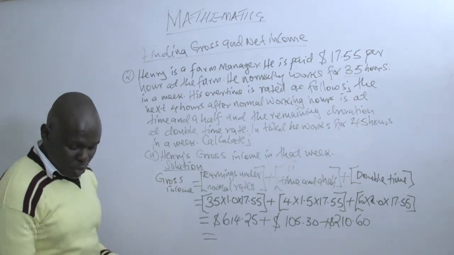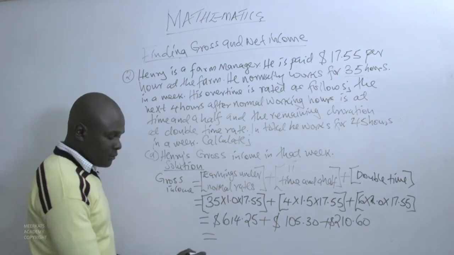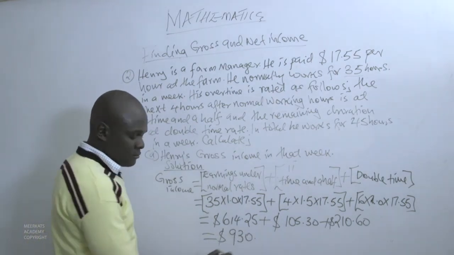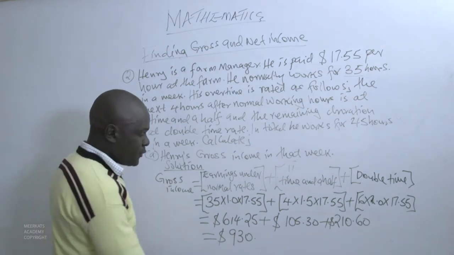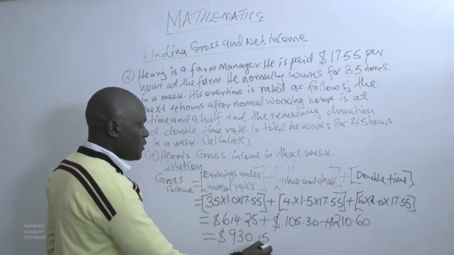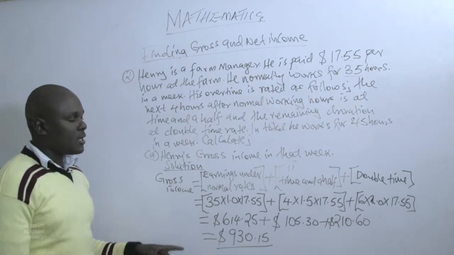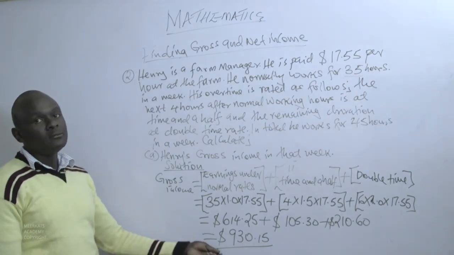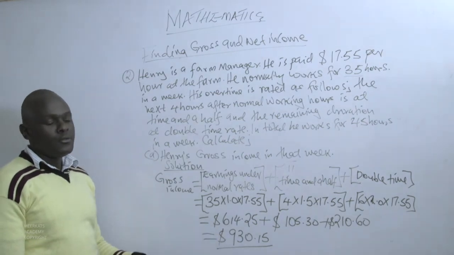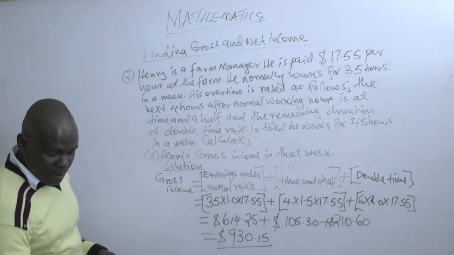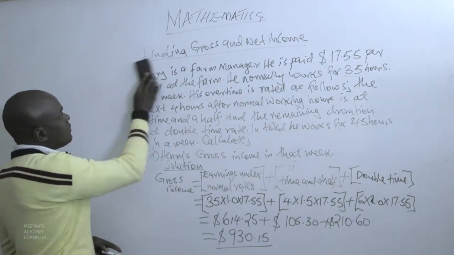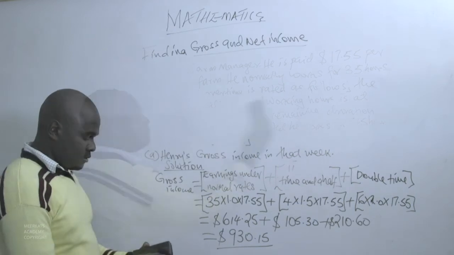he can earn more. And the total will be $930.15. This is the gross income that Henry will make. The gross income, this is the income before the deductions are made. Let us move on to the second question. This was just but the first question. And the second question is,